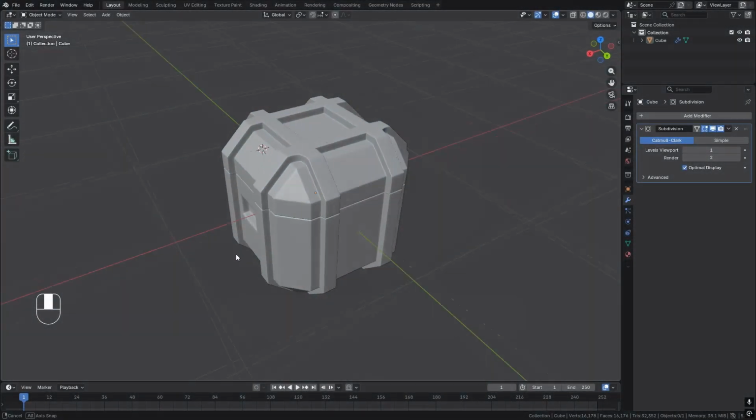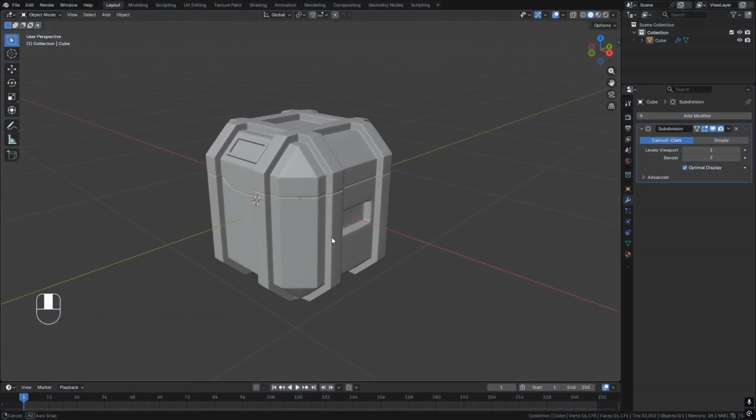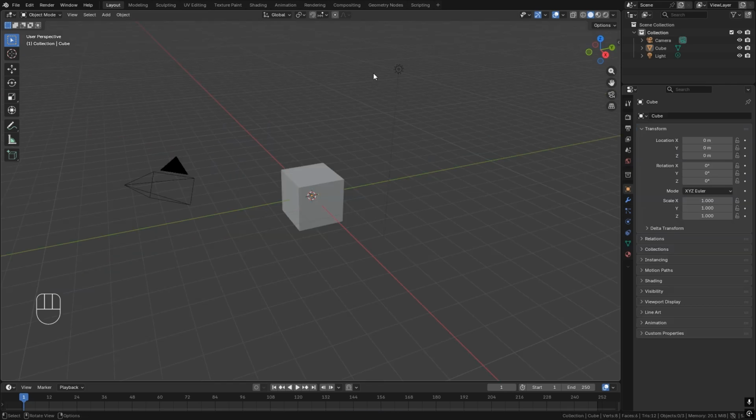Welcome to CG Simplified, and in this video I'll show you step by step how to model this sci-fi storage crate. Let's get started. Starting with a new scene, we're going to delete the starting objects by pressing A to